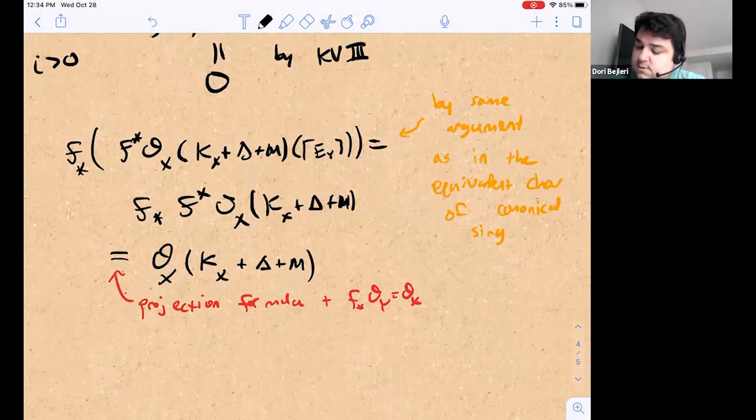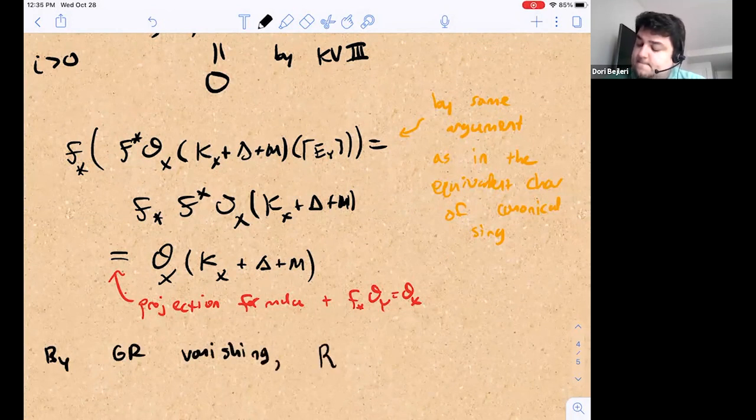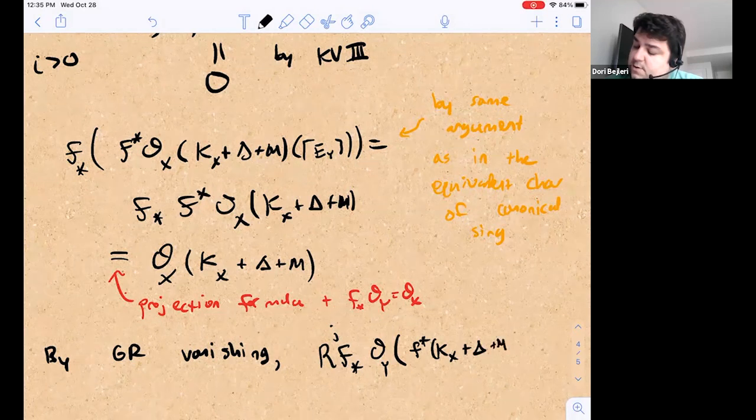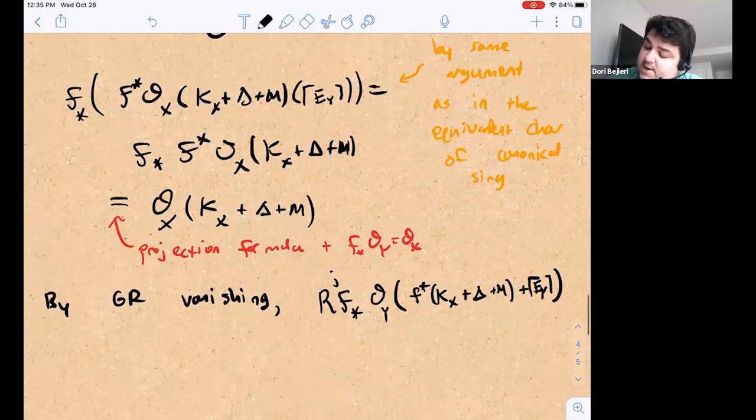So now by GR vanishing, the higher push forwards of O_Y of f upper star K_X plus delta plus M plus this round up, which is the same as